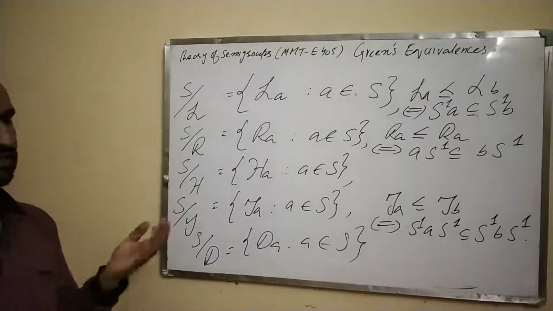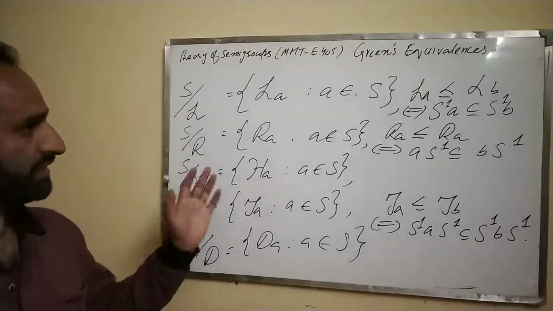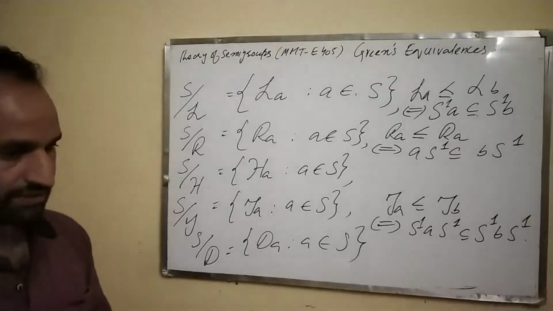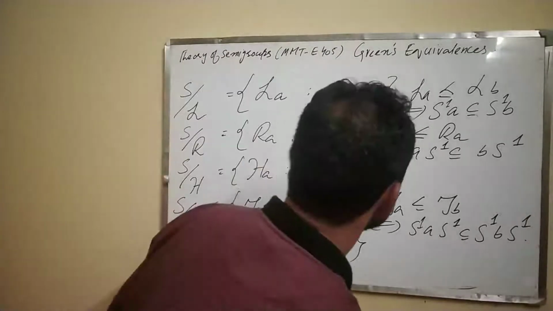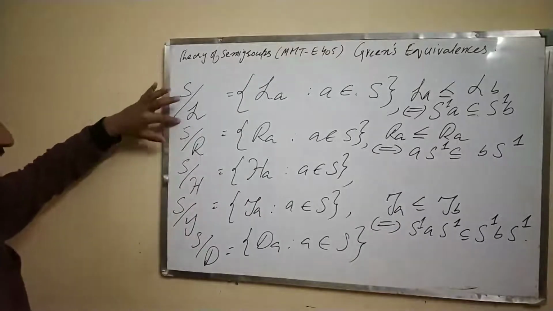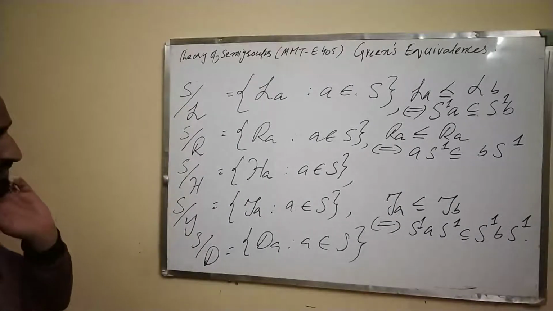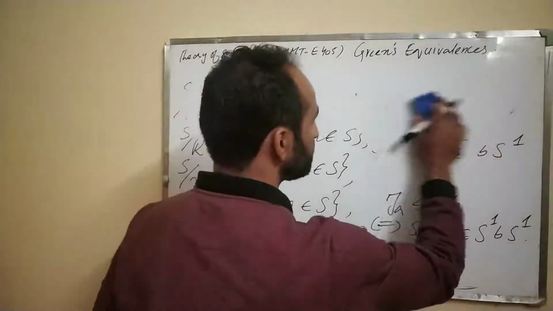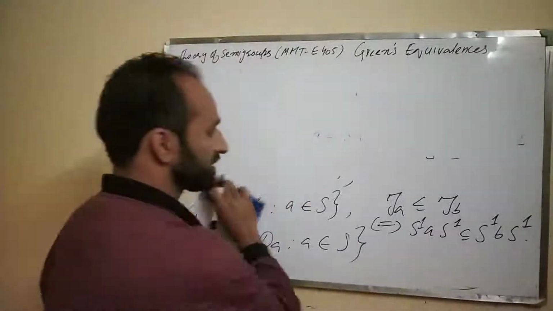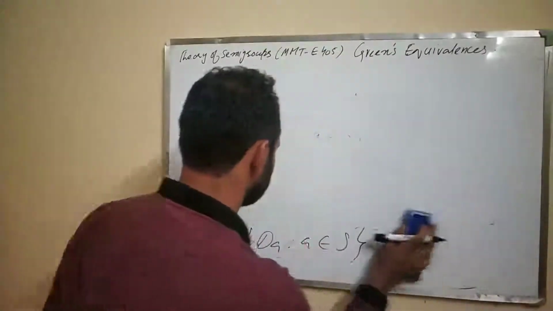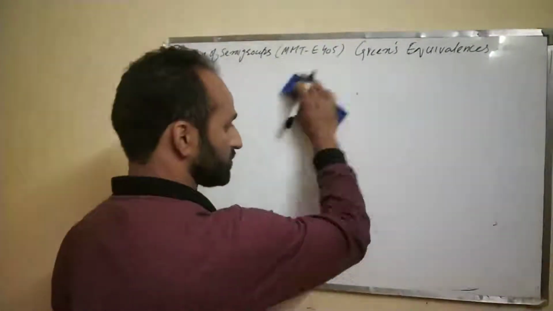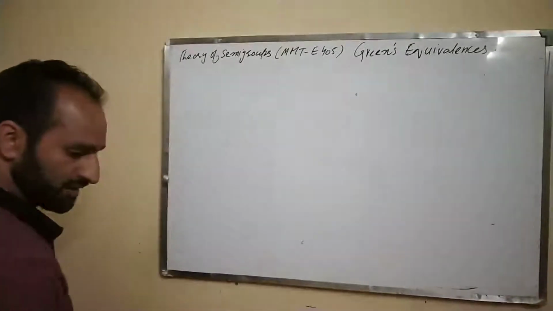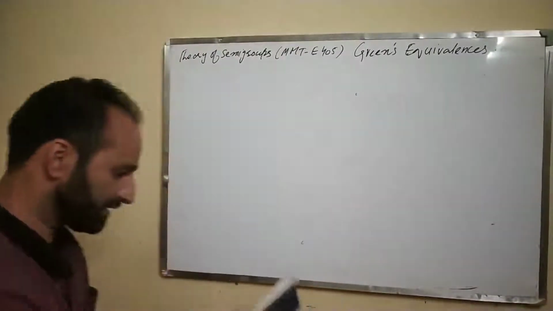Now we define another class of semigroups where D is equal to J. That depends upon the minimal condition actually. So let's define that. So there are S over L, S over R, and S over J. They are partially ordered sets. And if these partially ordered sets satisfy the minimal condition, if S over J satisfies the minimal condition,